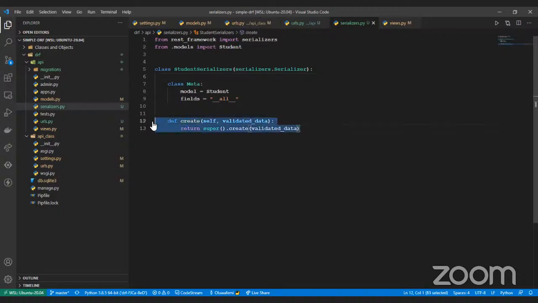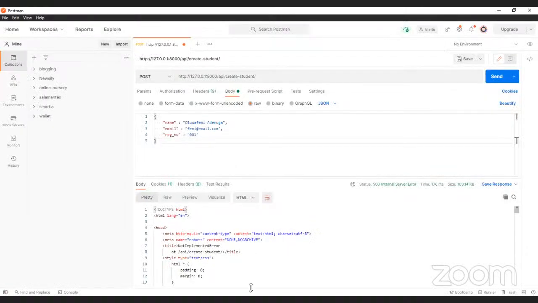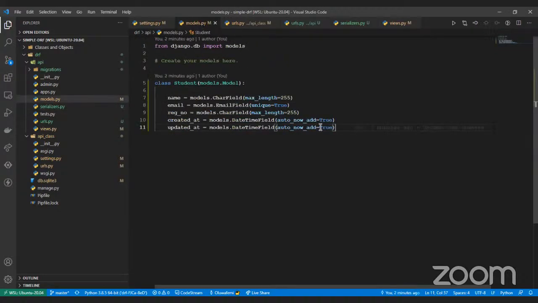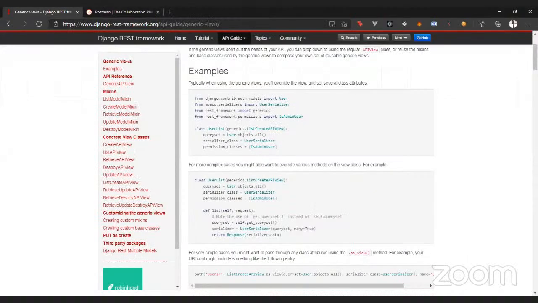So when we post this data, what this dot create does is it serializes data so that it can be readable in the models format, which in turn stores it in the database, right? So that is what that does. And if we try to make the request again,